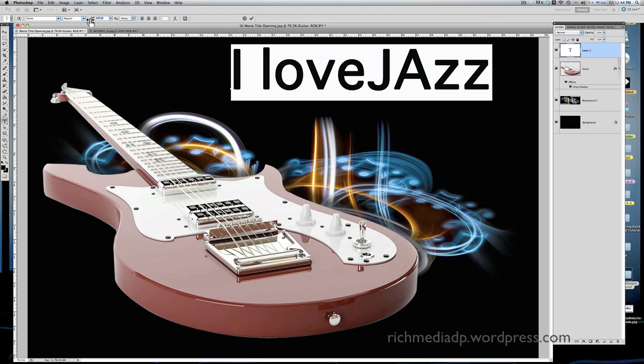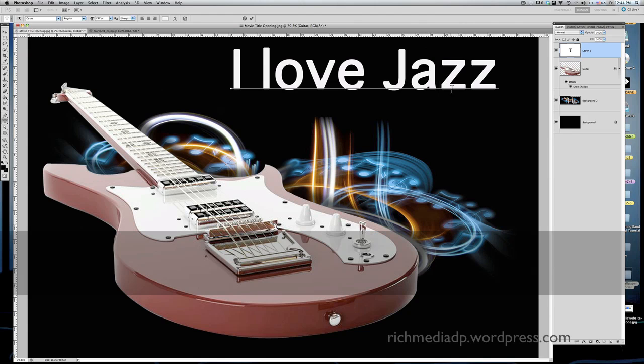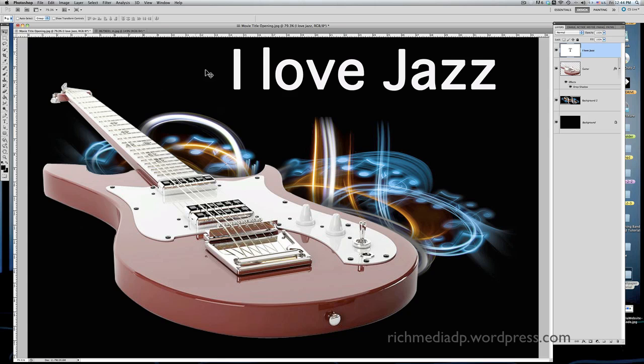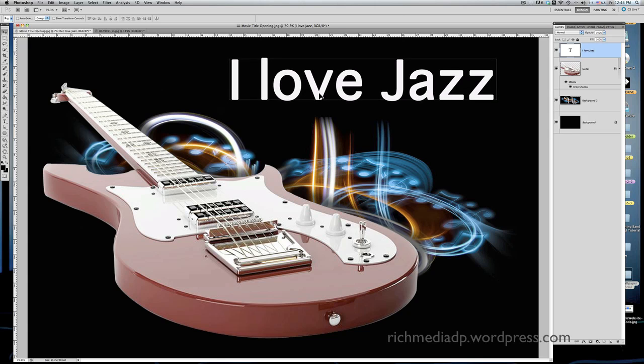So you see, from 1.8, we actually went to 257 points. That's a lot. Okay, do we want to keep that font? It's not a bad font, but